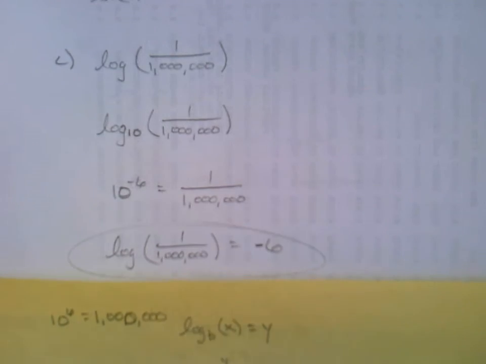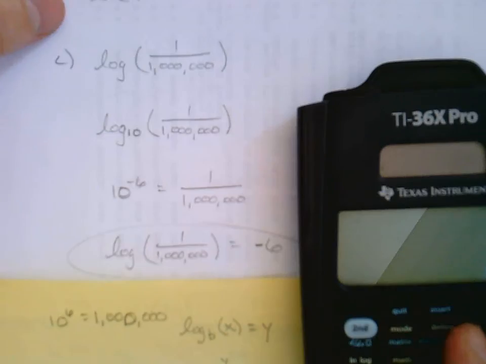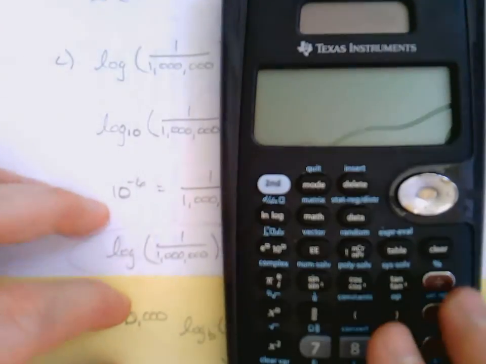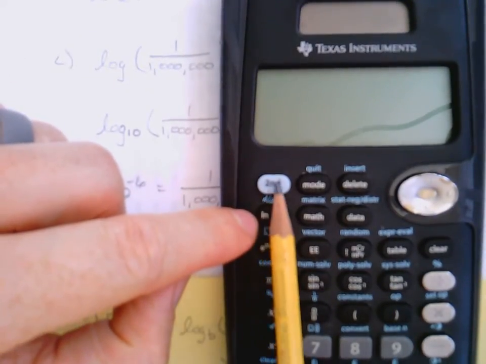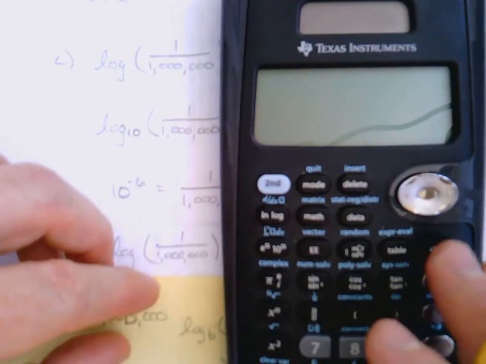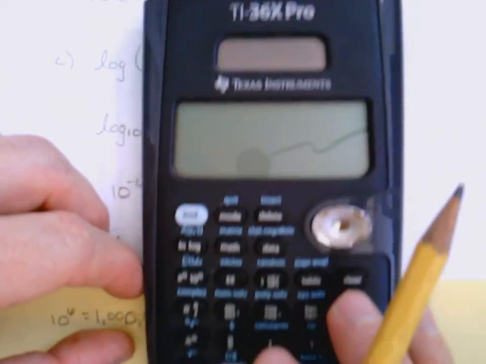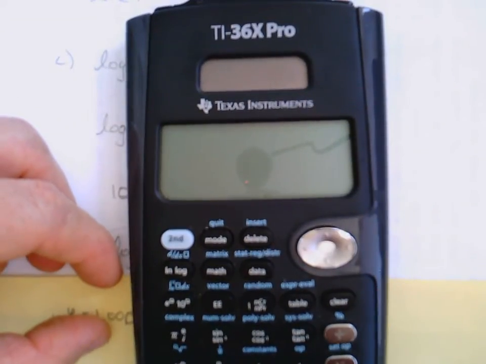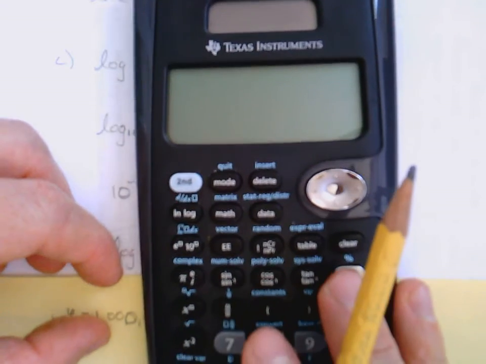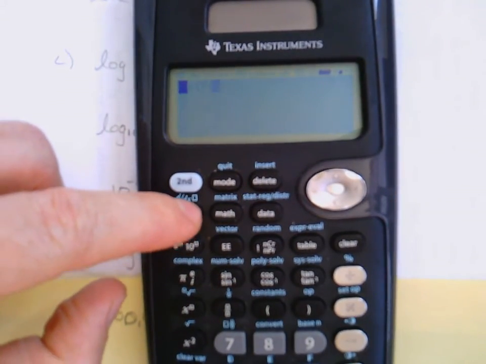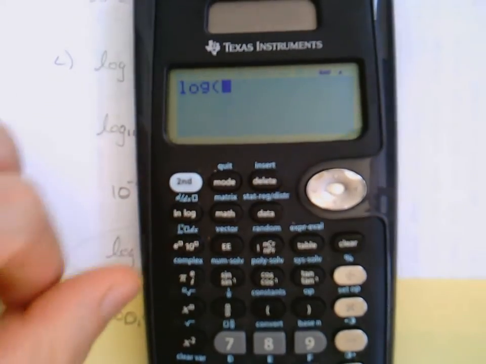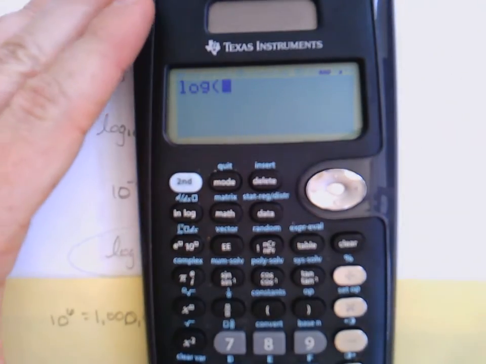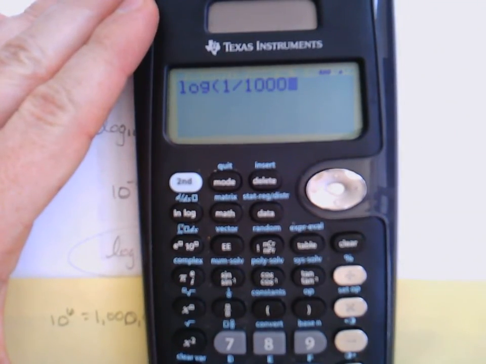Now, if you like, it turns out every scientific calculator has the common log. And so I'll show you guys here on mine. Mine is up right underneath the second button. I know it's really fuzzy. I'm getting a reflection there from the camera, I think, right up there. Okay, anyway, I'm going to turn my calculator on and hit that button. I have to hit it twice, and then I can type in 1 over 1 million,